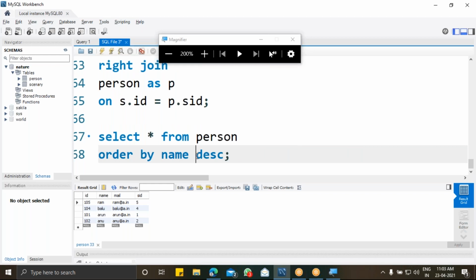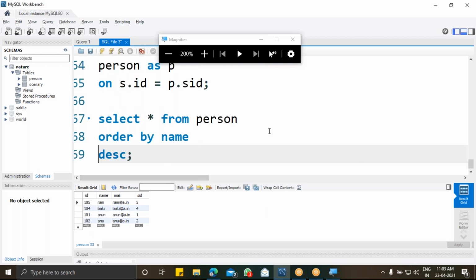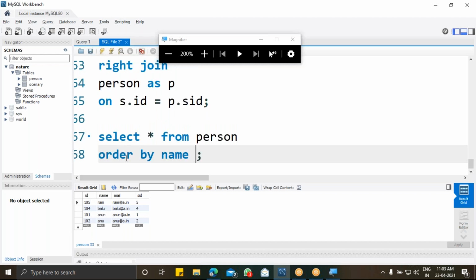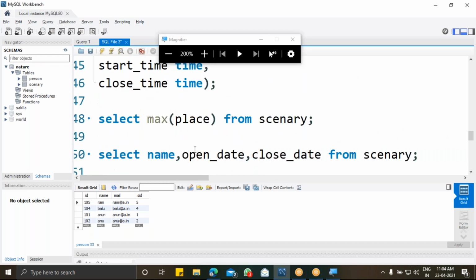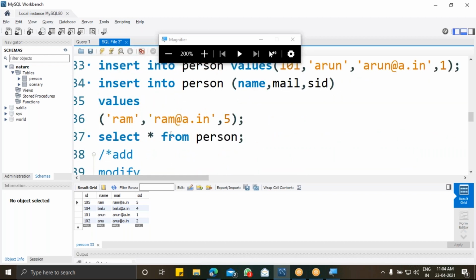Similarly, group by. Group by is a keyword which is used to group the data into a single column. For example, I'm going to add one more person to my table.